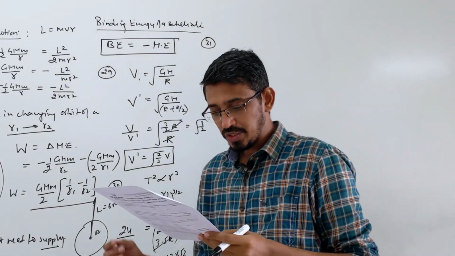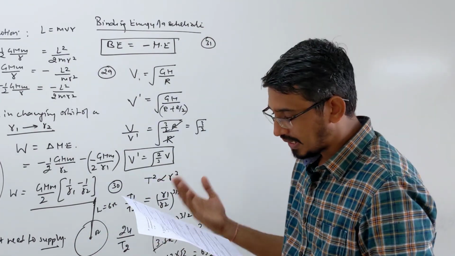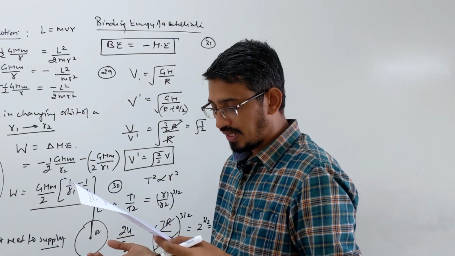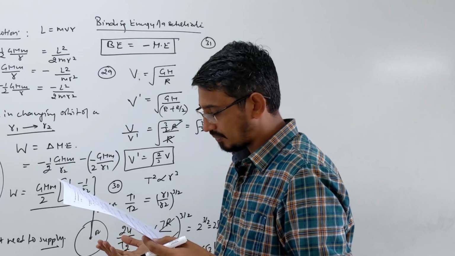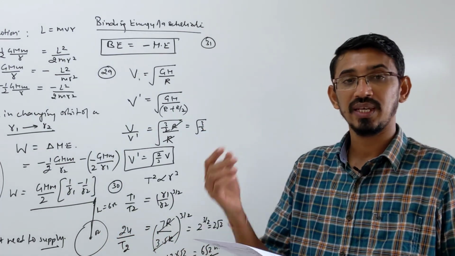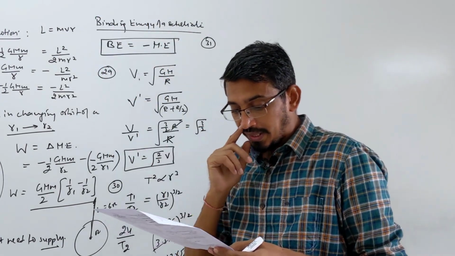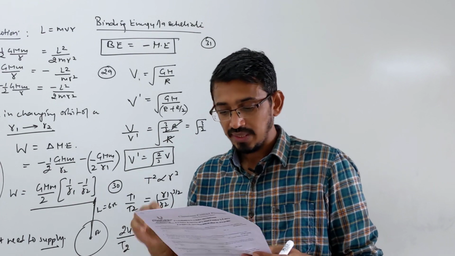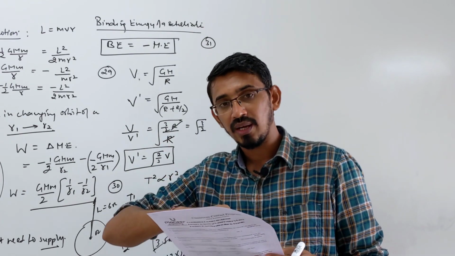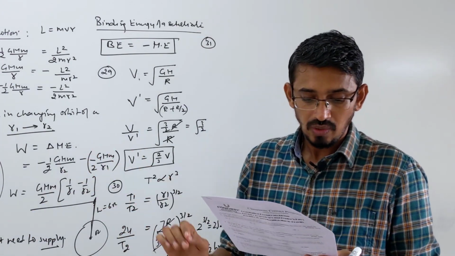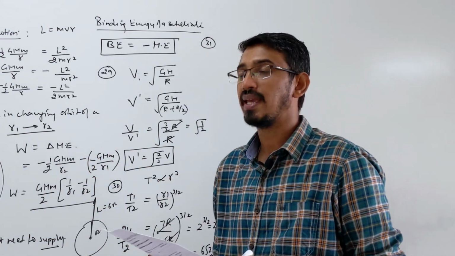The time period of revolution of a satellite around a planet of radius r is T. The period of revolution of another planet whose radius is 3R but having same density. Very nice question, give attention here. Here the satellite is moving around a planet of radius r and time period is given T. The same satellite is moving around another planet. Here the planet is different, satellite is same only, whose radius is 3R but having same density.